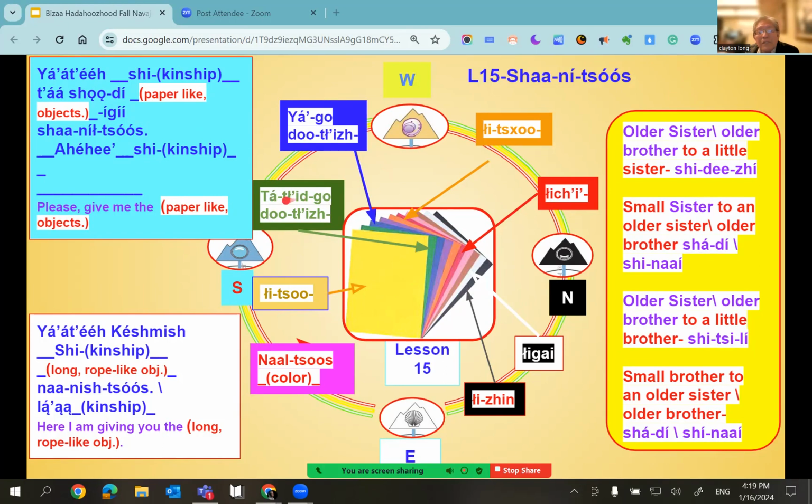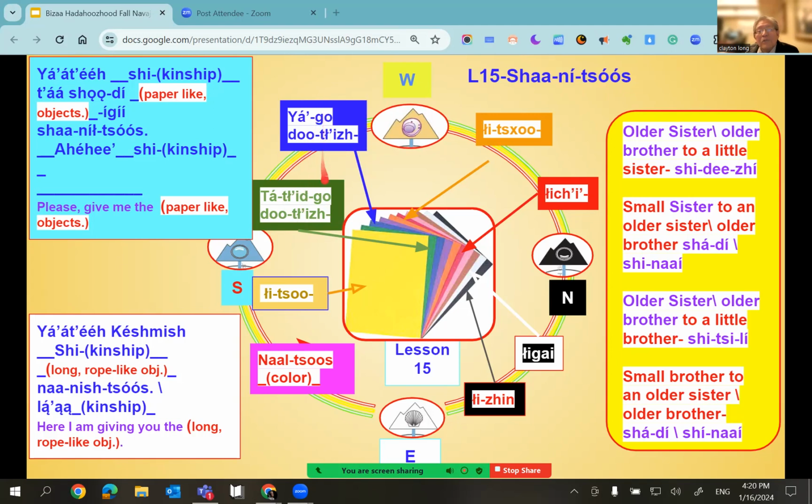Ka means water. Tlit means the leftover things in the water. Cutlet go. Go just says like. Cutlet go dot is, green like the algae, green algae.